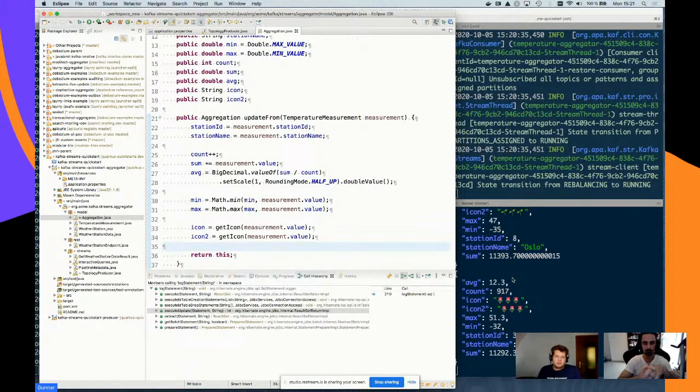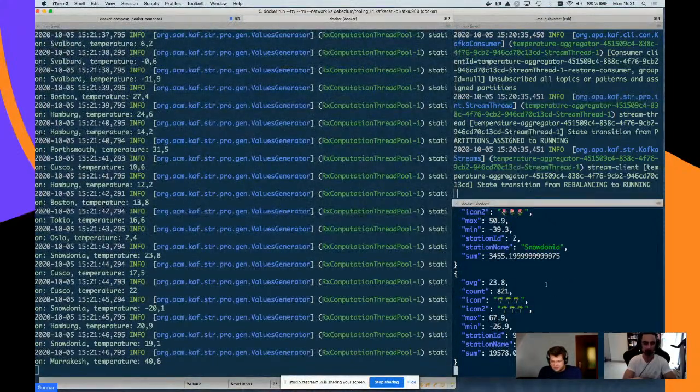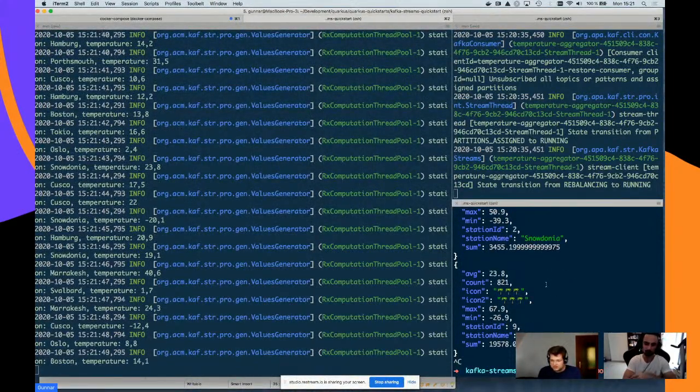Let's say you wanted to do some external service invocation, like going to some web service to get the icons. Maybe I have an icon web service. I need to get my icons from there, right? Then it's something I can easily do in this Java-based stream processing pipeline because I have all the flexibility of a Java library. So that's the thing. Let me do another thing. Let me stop the output there.